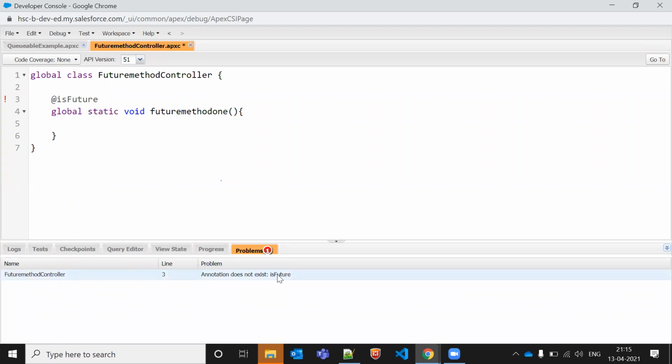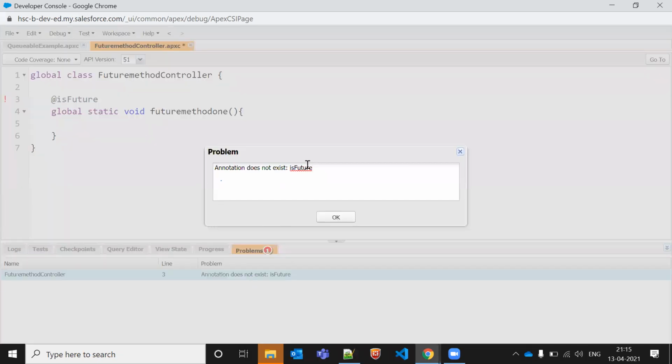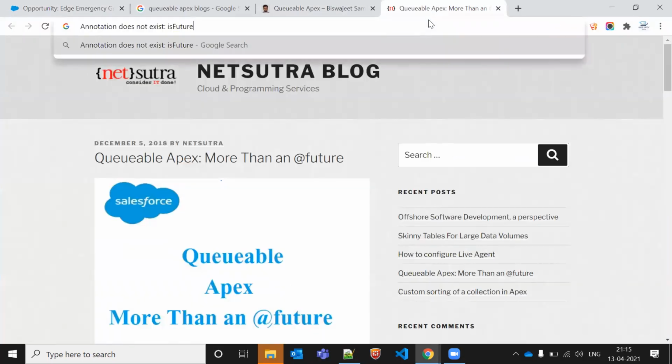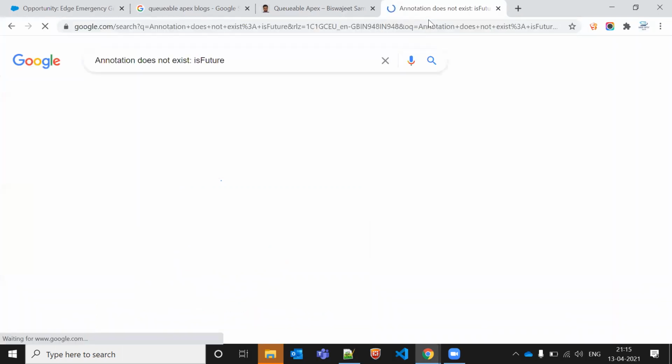Does not exist at that is future. So am I making any mistakes in this one? Static publish does not exist at. Only @future, I guess, Amarjit.